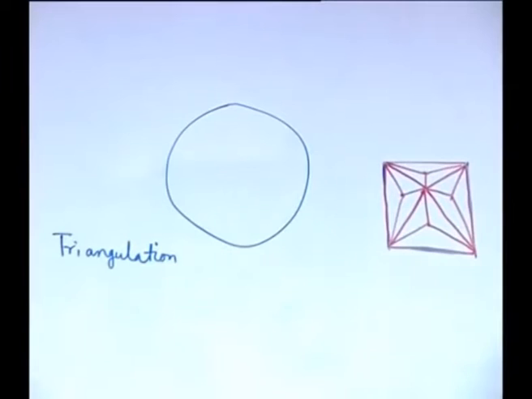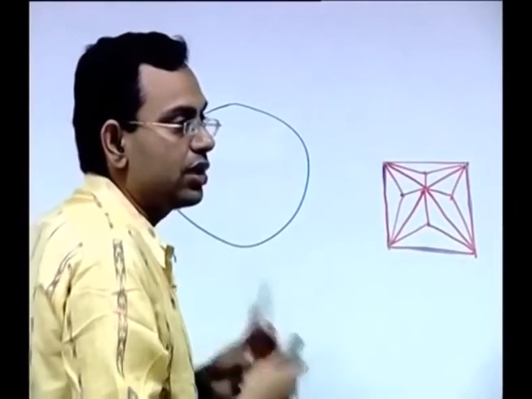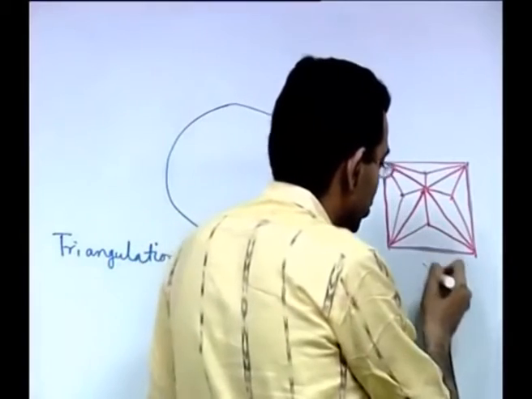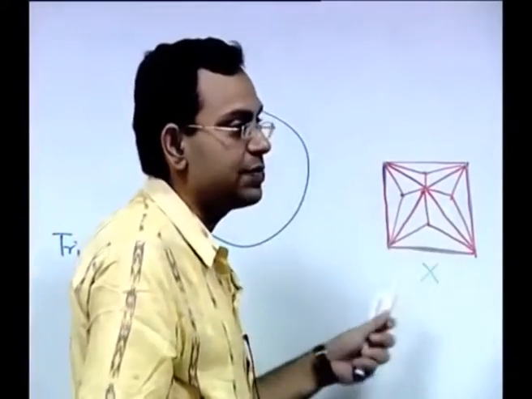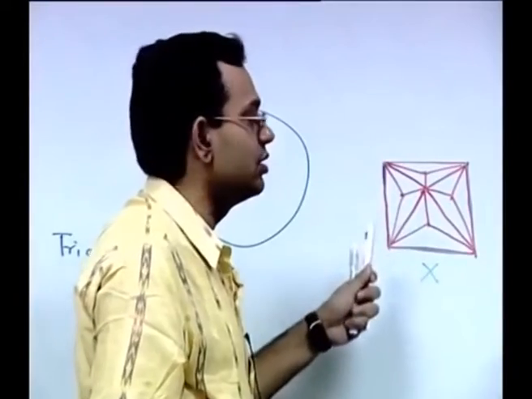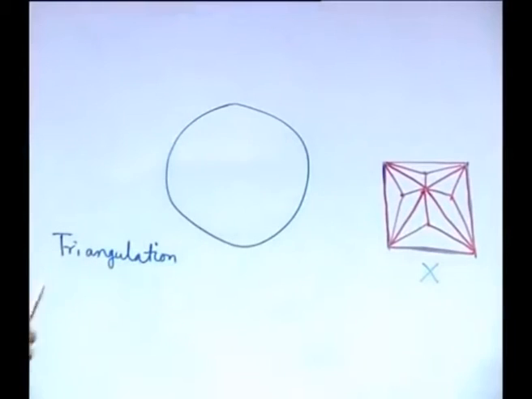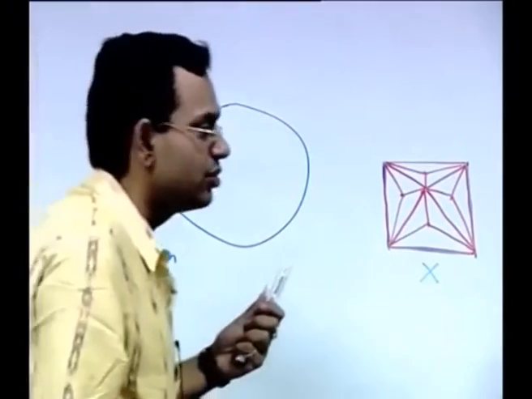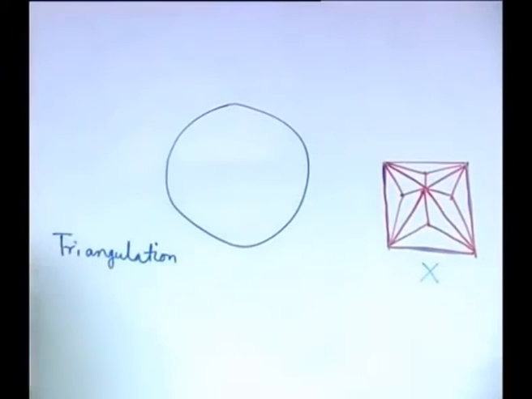The question is, once these triangles are generated, do triangles generated in an arbitrary manner work? The answer is no. Any arbitrary triangulation like this, without looking into certain aspects, will not work for a good quality mesh. Let us see what conditions we are looking for in a good quality mesh with triangles, and what the characteristics of the triangles are that are necessary for that.